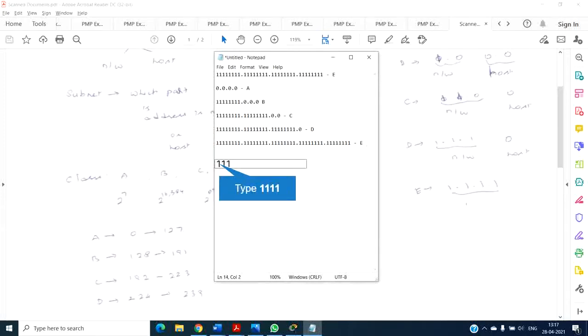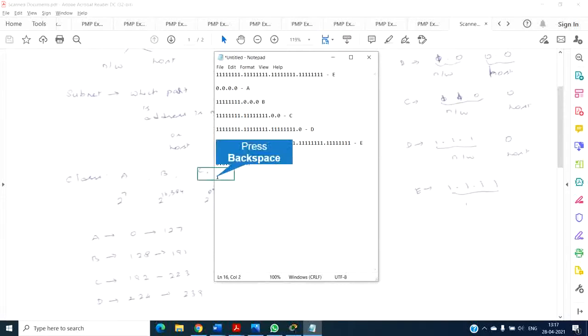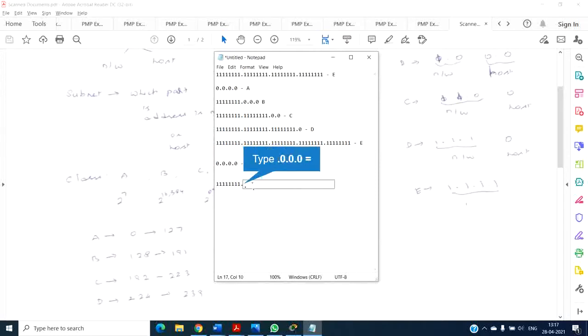Let's start again. When I have 8 for class A, it is going to be 0.0.0.0. This is how the binary format will be. I'm not putting all 8 zeros here, for easy reading. For class B, what happens is it will be 8 times 1, followed by zeros 8 times, and then 0 0. This is class B.